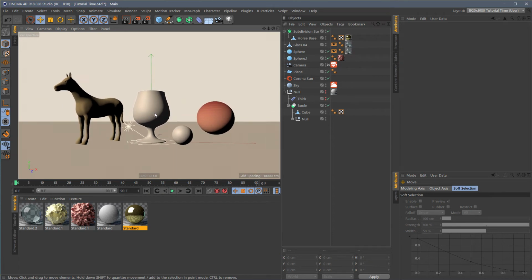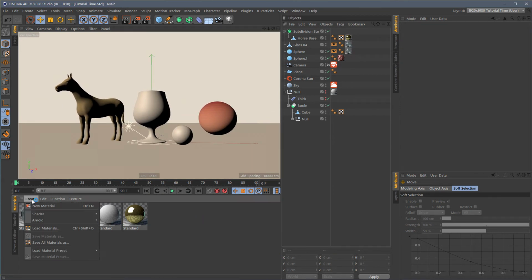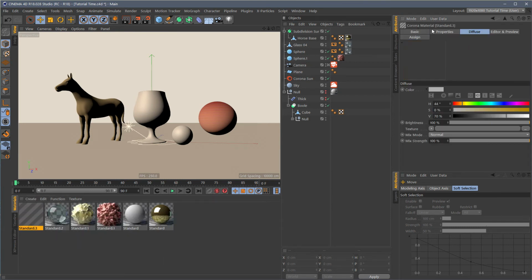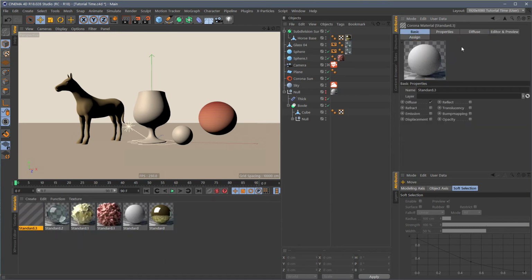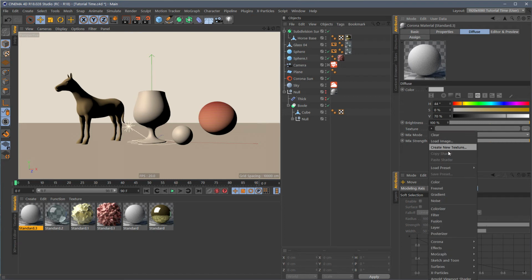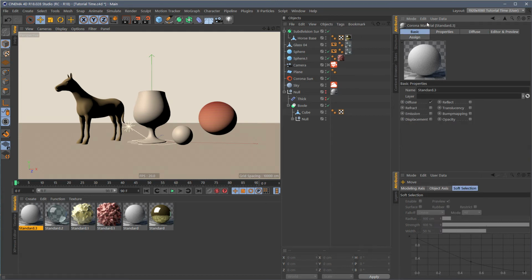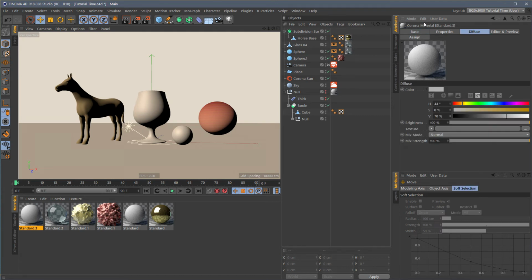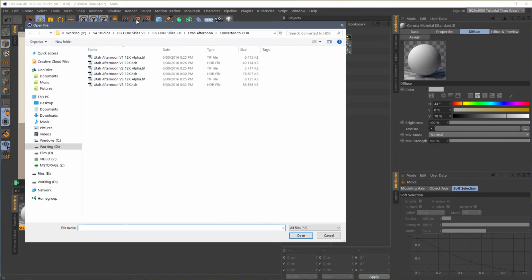But one of the other amazingly simple things to do is to create some HDR lighting with Corona. It is again incredibly easy to do inside here with the plugin they developed. So if I just go in and create a standard material, and under the diffuse channel, if I load up a